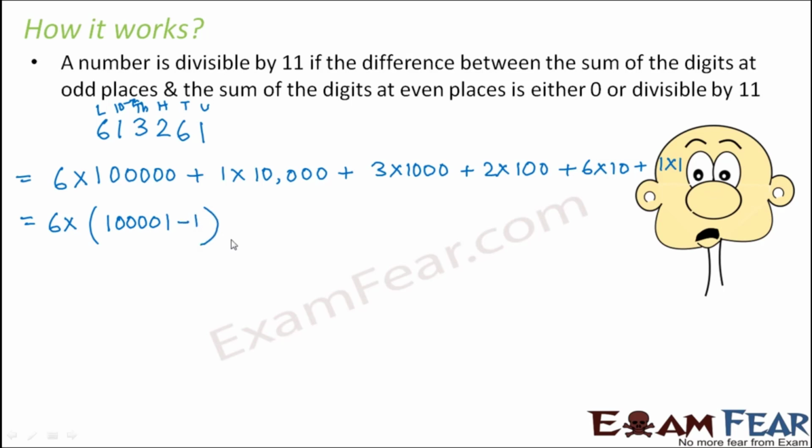So we can very well write it like this. Now what about 10,000? If you want, you can write it as 10,001 minus 1. But 10,001 is not divisible by 11. By actual division you can check that. So since 10,001 is not divisible by 11, we prefer it to be written as 9999 plus 1, because 9999 is divisible by 11. And here 1 lakh 1 is divisible by 11. So that is why we have chosen these numbers.